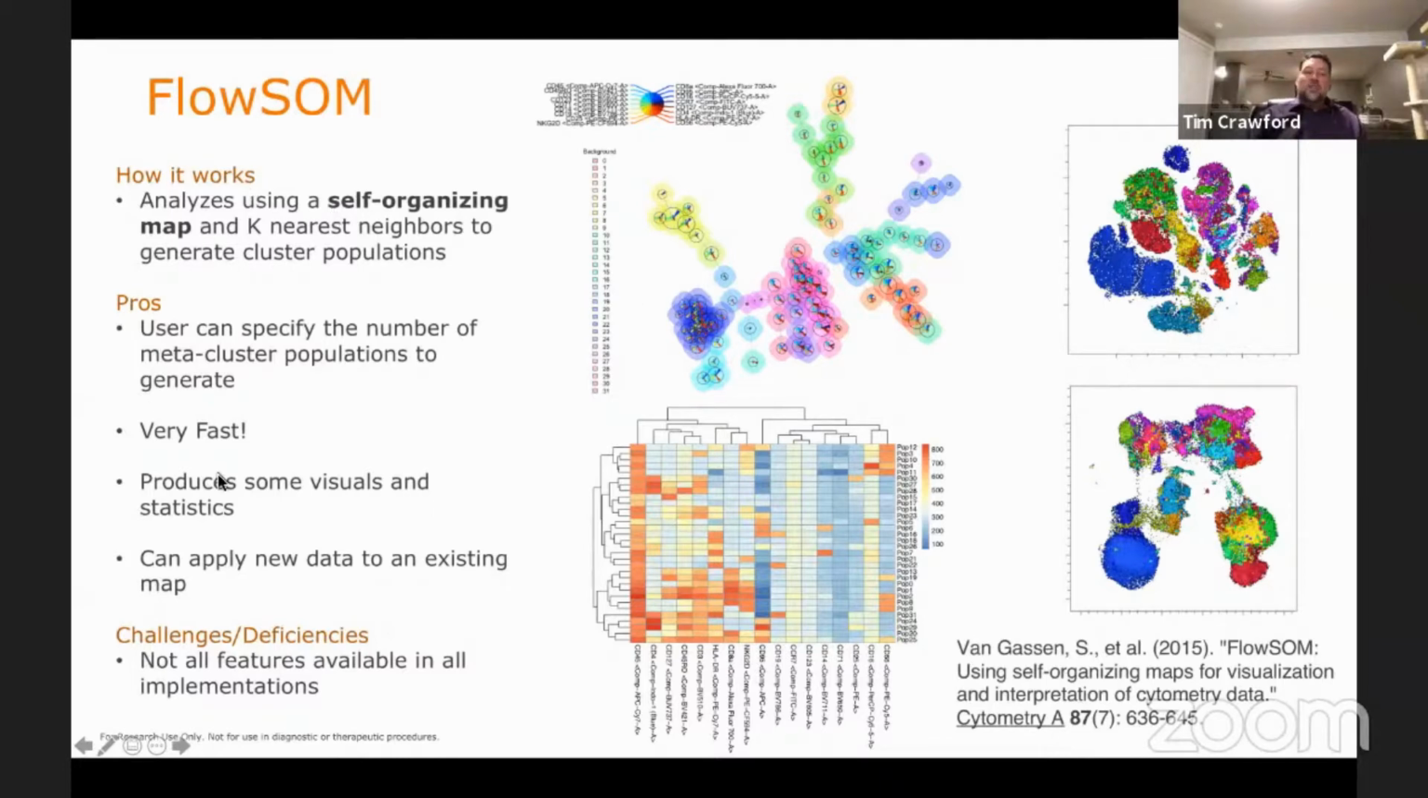FlowSOM is super fast, so you can classify millions of events if necessary. And it produces some nice visuals. These minimal spanning trees with radial star plots can be super helpful. You can apply the map that you create to other data, so you can iterate across your conditions and get different maps that show relative expression levels. And it does push out the medians and a heat map of the dendrogram to show you the relationships of